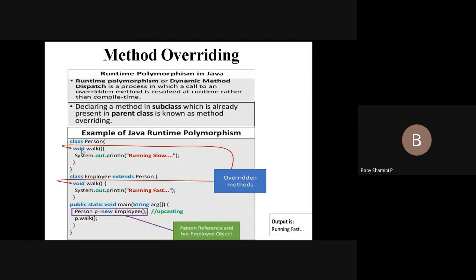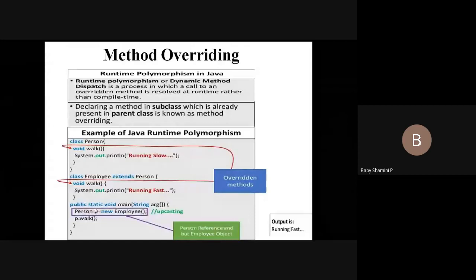Inside we have void walk(), System.out.println, running slow. Then we have another class, Employee, a subclass. Employee extends Person. Under this we have void walk(), System.out.println, running fast.